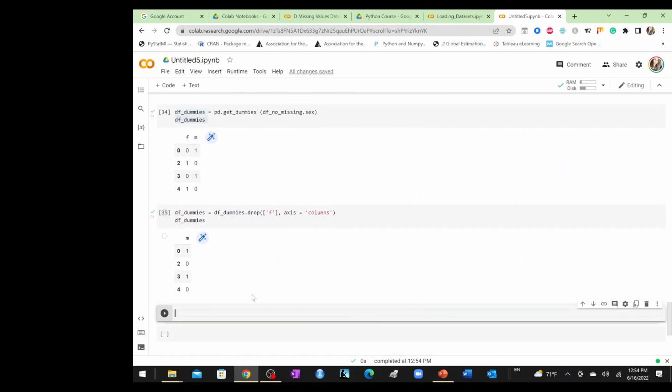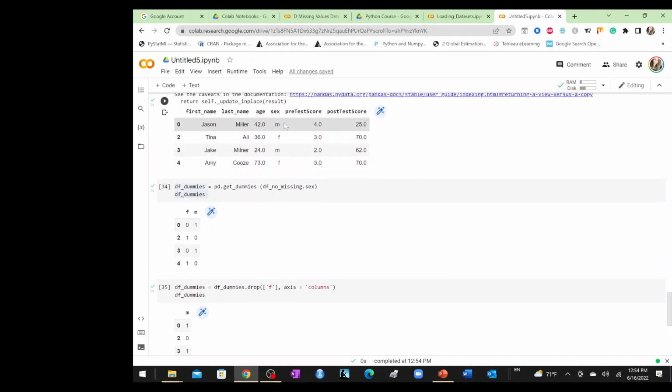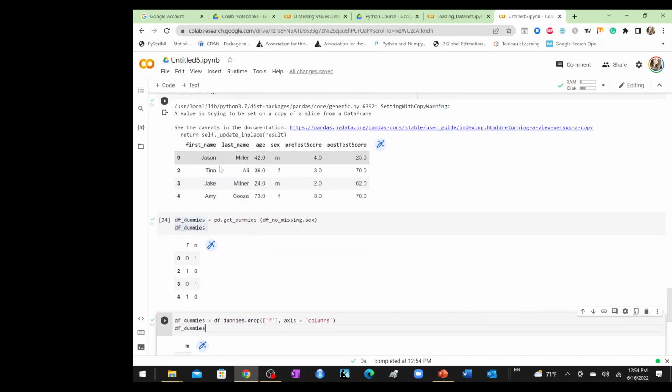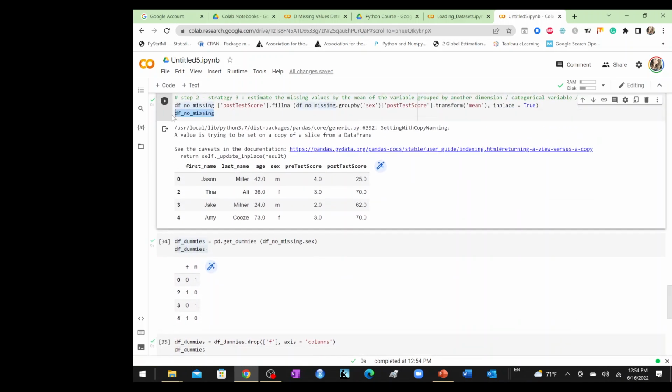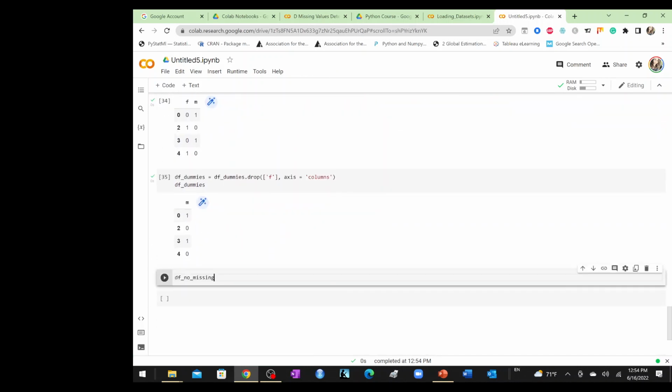Now we need to concatenate this. Oh shoot, actually I should have just concatenated this, because now I have to drop the sex variable again. So I should have here, I dropped, okay. In the clean data set, cleaned is the df no missing. What I mean by it here, df no missing